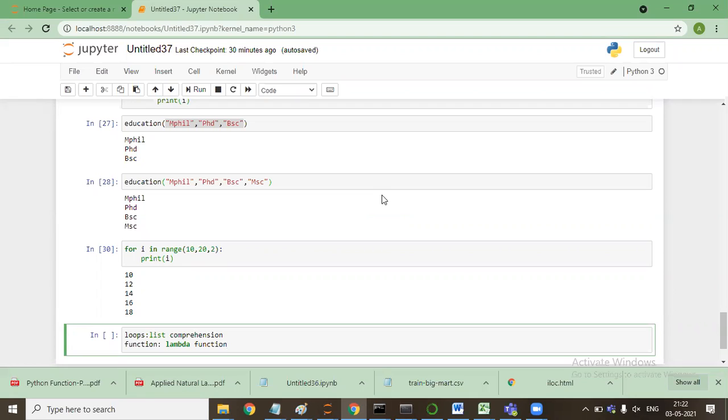What is NumPy? It will do all the array functions. It is used for numerical calculations. Numerical Python is the full form. Yeah, you're right. It's Numerical Python, which basically works on numerical calculations.